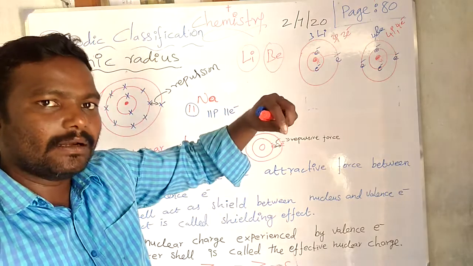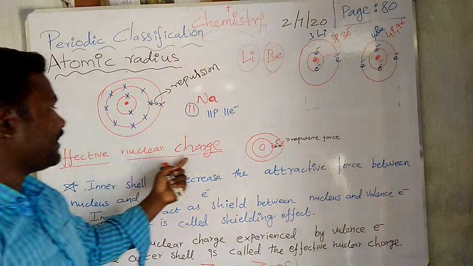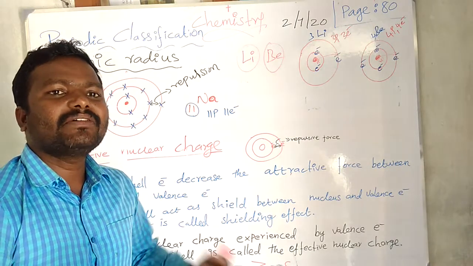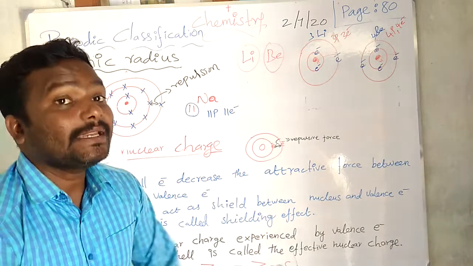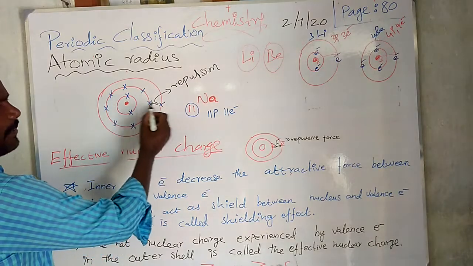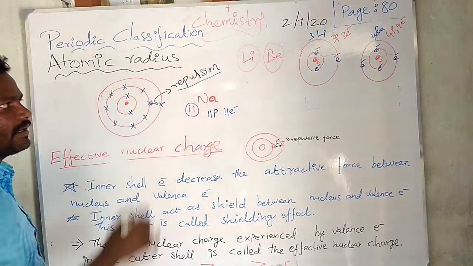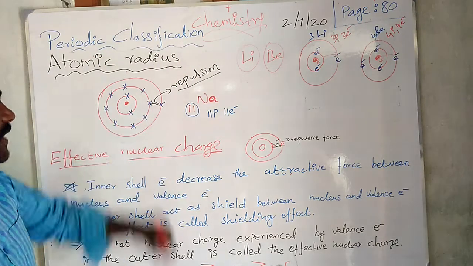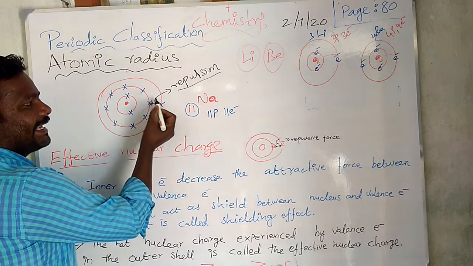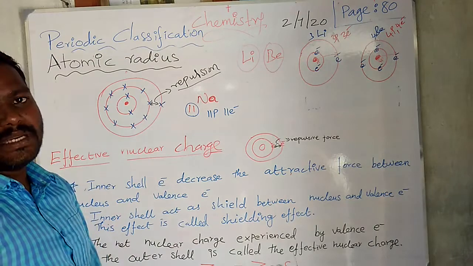Now we are going to learn a new topic, a small 3-mark question, that is nothing but effective nuclear charge. What do you mean by effective nuclear charge? Nuclear charge means the charge given by the nucleus. What is effective nuclear charge? That only we are going to learn. See, when the number of cells increases, what will happen? Between these electrons, it will create repulsion. The repulsive force will increase. Because of the repulsion, what will happen? The nuclear charge cannot give more force of attraction to the last cell, that means the valence cell.